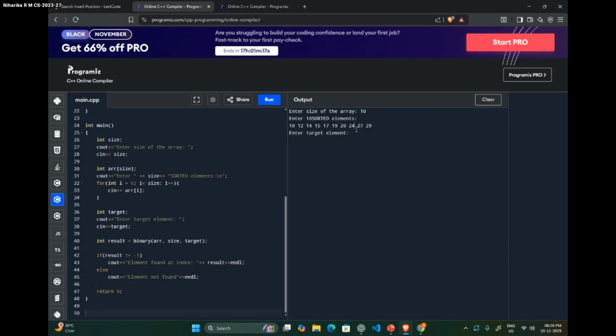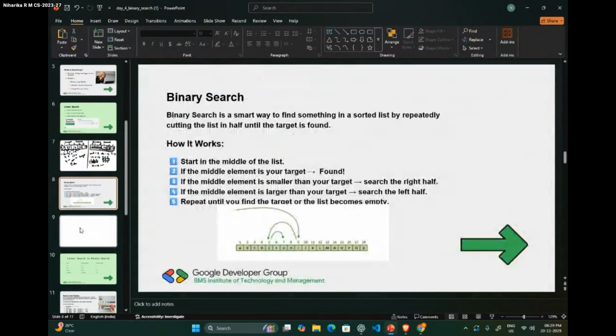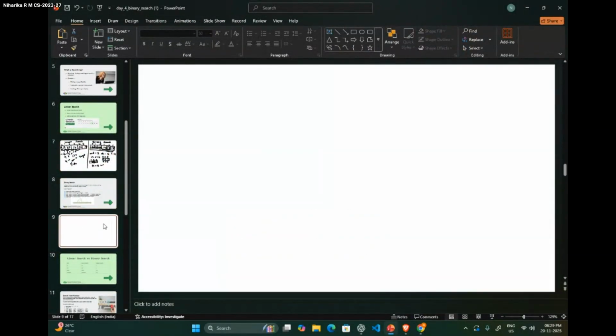So our answer is supposed to be 0, 1, 2, 3, 4, 5, 6. See, our index is found at 6. Our 20 is here. So when you start from 0, it's 0, 1, 2, 3, 4, 5, and 6. So that is our basic binary search code, guys. And then coming back here, now I'll explain this to you in terms of the algorithm itself.